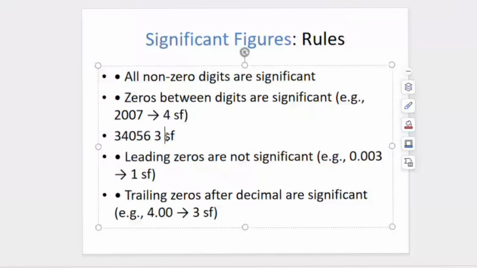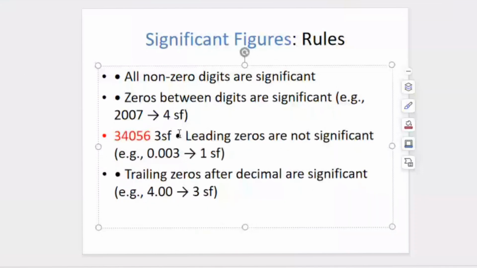converting this to 3 significant figures, our answer would be,